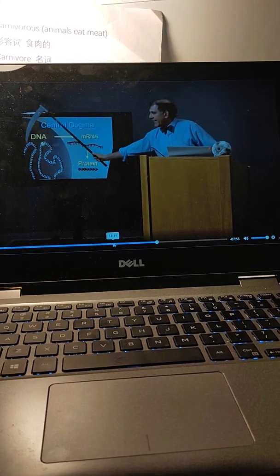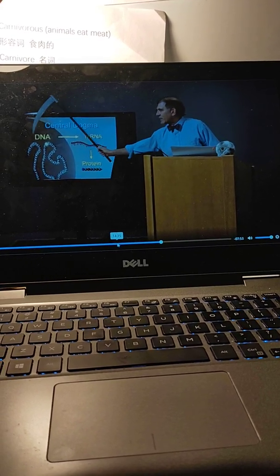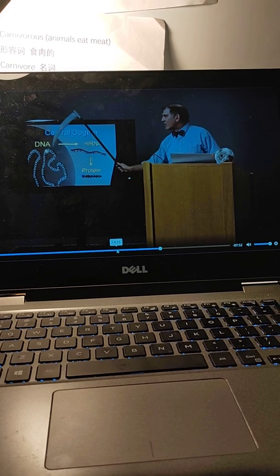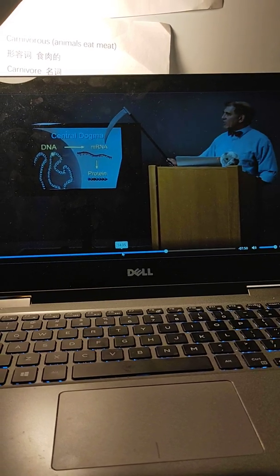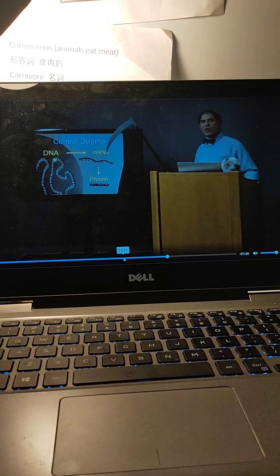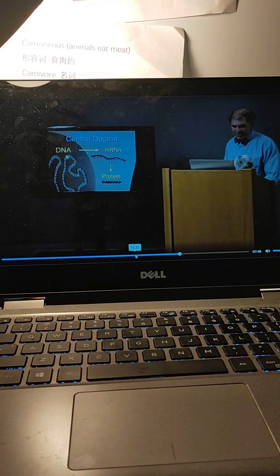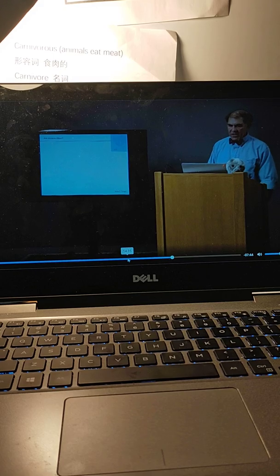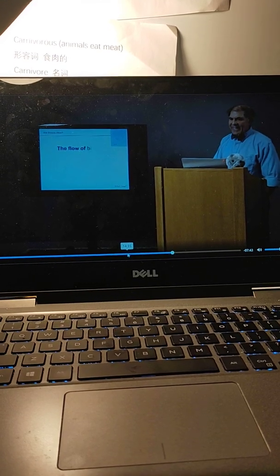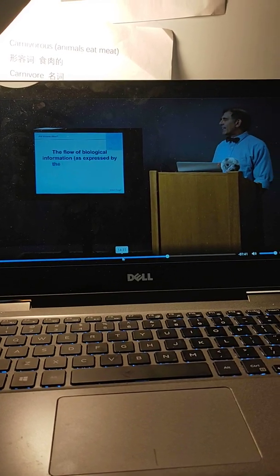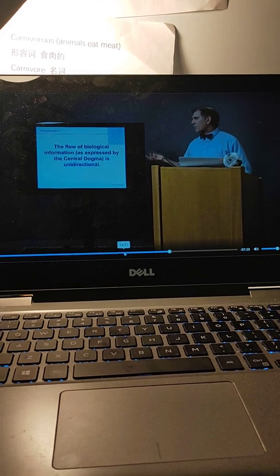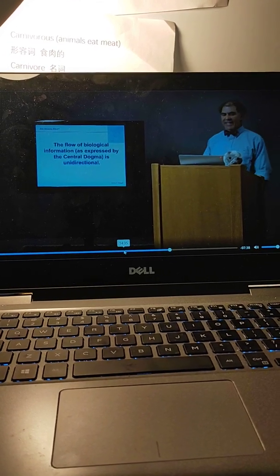So we have the DNA, which is the genetic material or the biological information. We have the messenger, which tells how to make these structures and machines. So what we see here is that the flow of biological information, as expressed in the central dogma, is